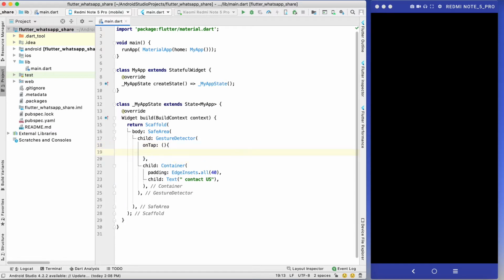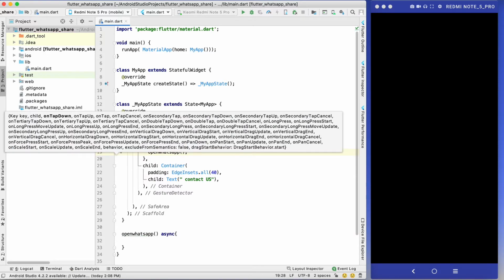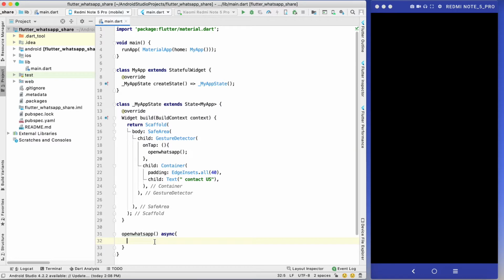Now on click of the button I am going to create a function, openWhatsApp, and this function is going to be an asynchronous type, so async. Now what we need to do is open WhatsApp. For that I am using url_launcher.